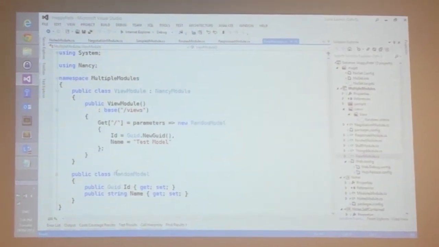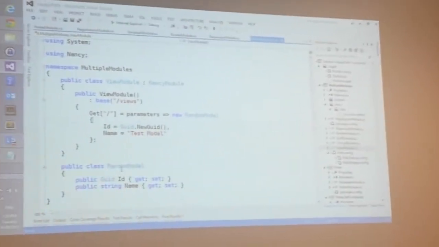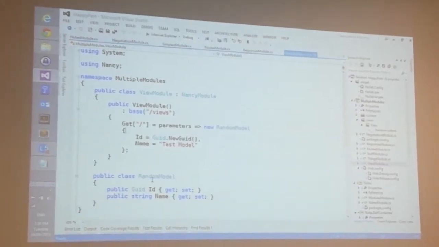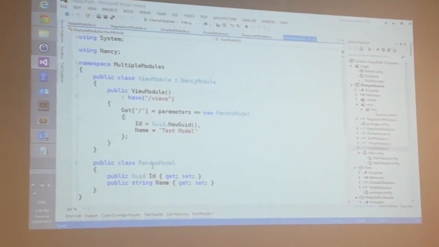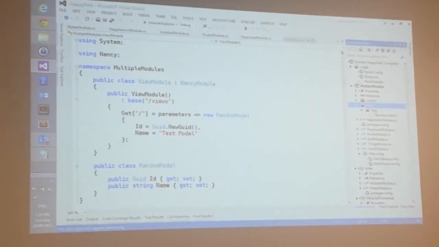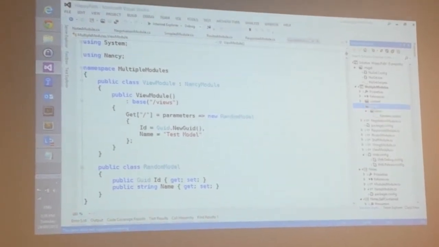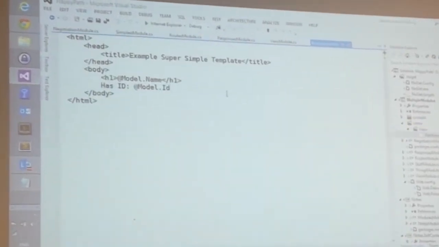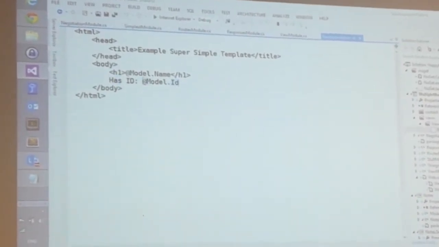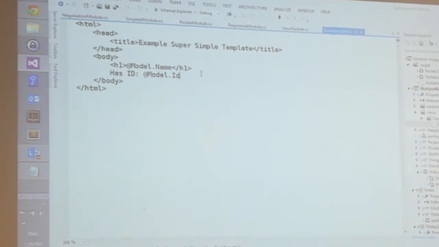Now you'll see I've got an object here called random model, which I'm going to create. By convention, Nancy will take the fact that I've got a model object and try to locate a view for me based on taking the object name, stripping the word model off the end, and replacing it with a path that it's going to look for. It's going to look in views, and then the URL. Sorry, views is that part. The view in that, and then the super simple view engine there. And all that's doing is a straight model binding. Nothing fancy at all. So again, a really easy way to spin stuff up.